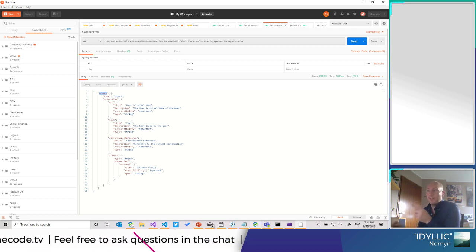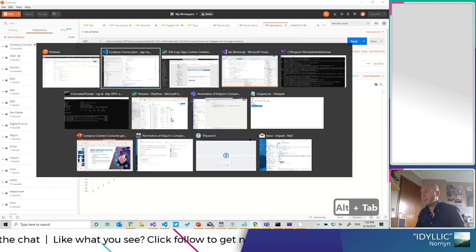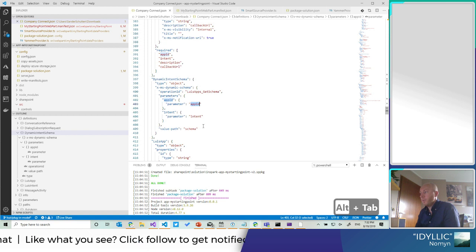And this is something to be aware of. You do not necessarily need to wrap it in a root node as part of the documentation. They tell you that if you do not specify this value path, it will take your schema from the root of the